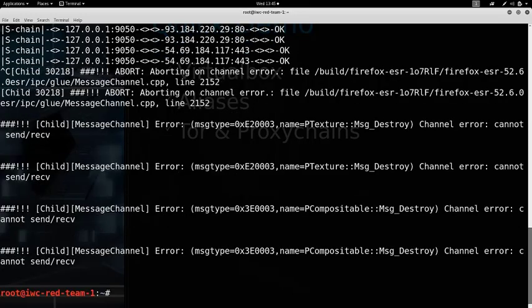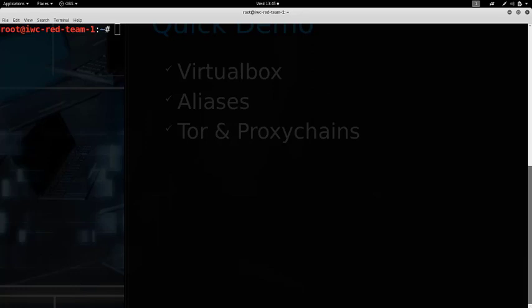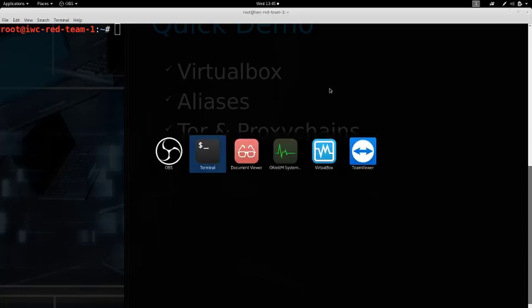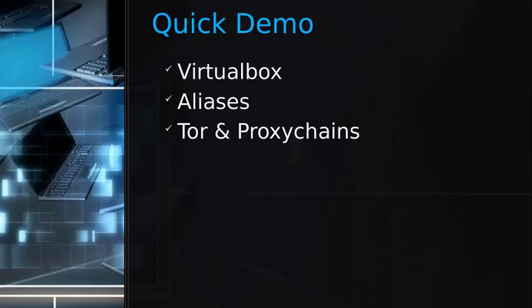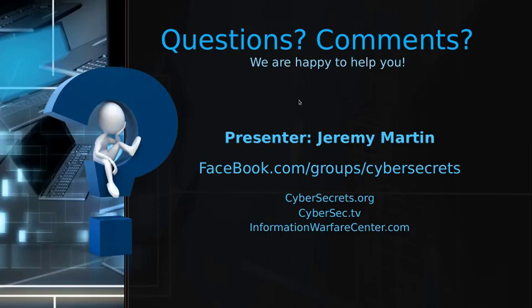So now, I'm going to Control-C out of this, clear the window, and go back to the slide deck. So at this point, pretty much covered the basics of how to create your own hacking lab. And there's a lot more that you can customize, that you can do. But to be quite honest, it's one of those scenarios where